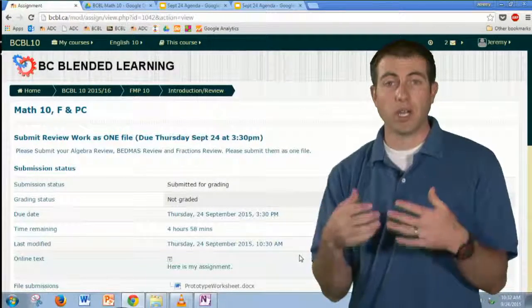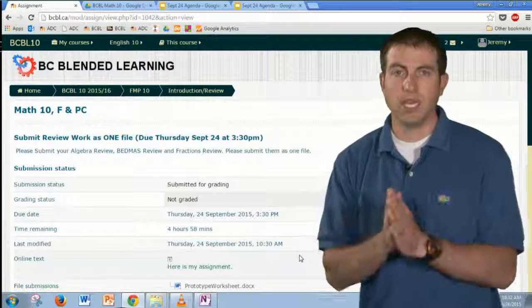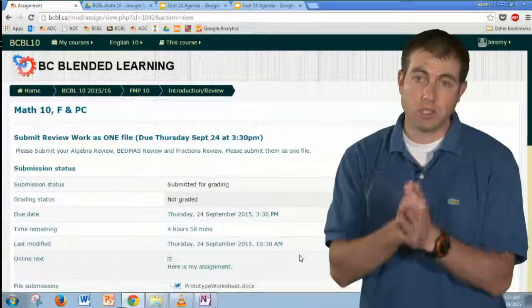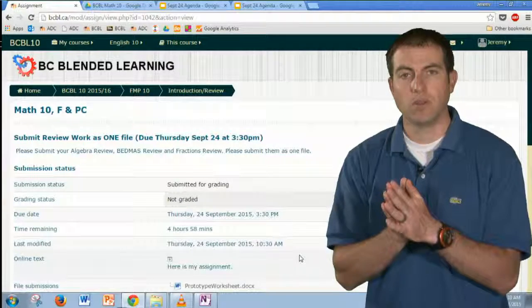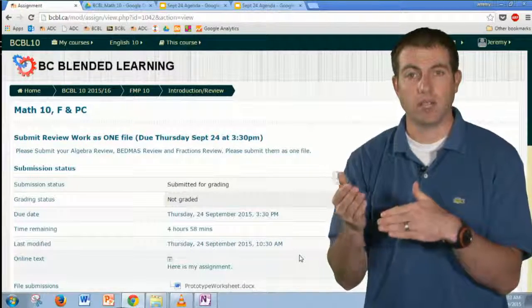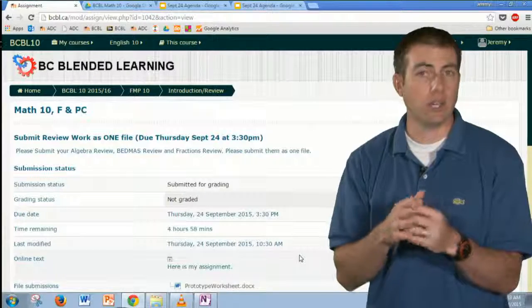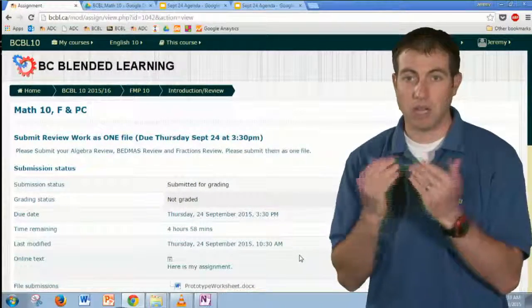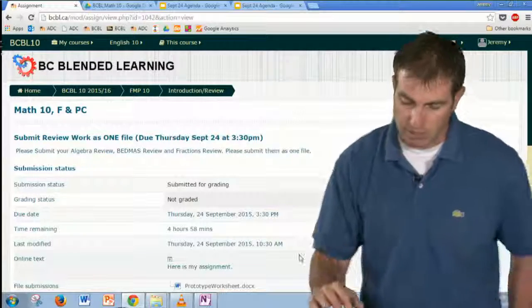So if you tried to submit it and it said the file's too big, if you go back and try again, it should work. And if it's still too big, send me a message in Moodle and I can increase the file size again, but I doubt that your file will be bigger than 100 megabytes. So again, that was my fault. If you didn't submit it yet because of that, that's fine.